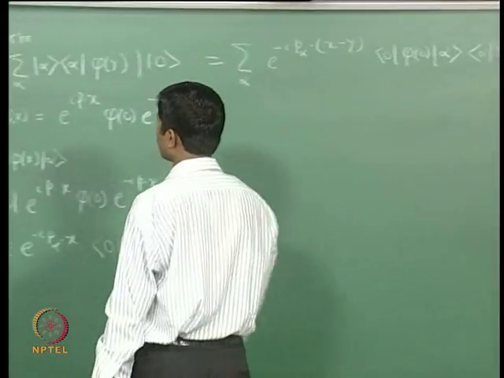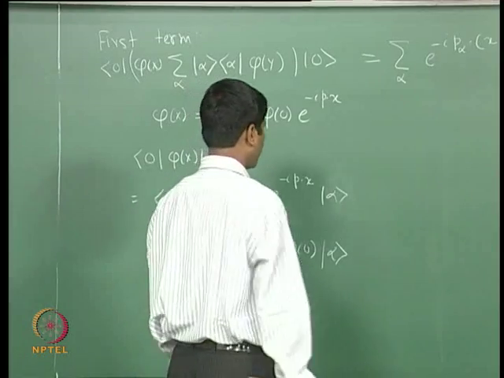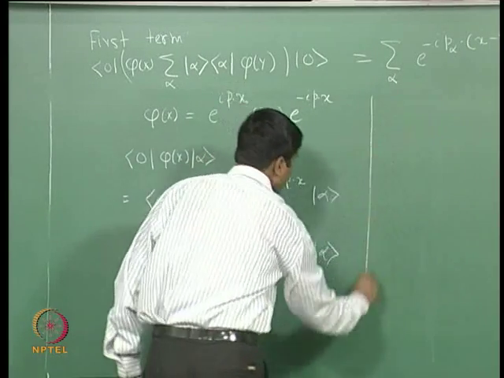Okay. So, this is the first term in the commutator. Therefore, the vacuum expectation value of the commutator becomes